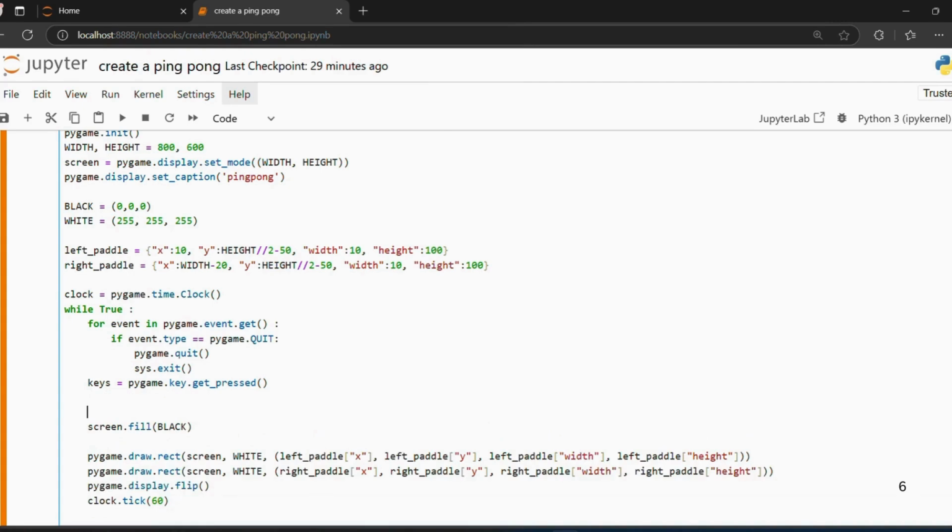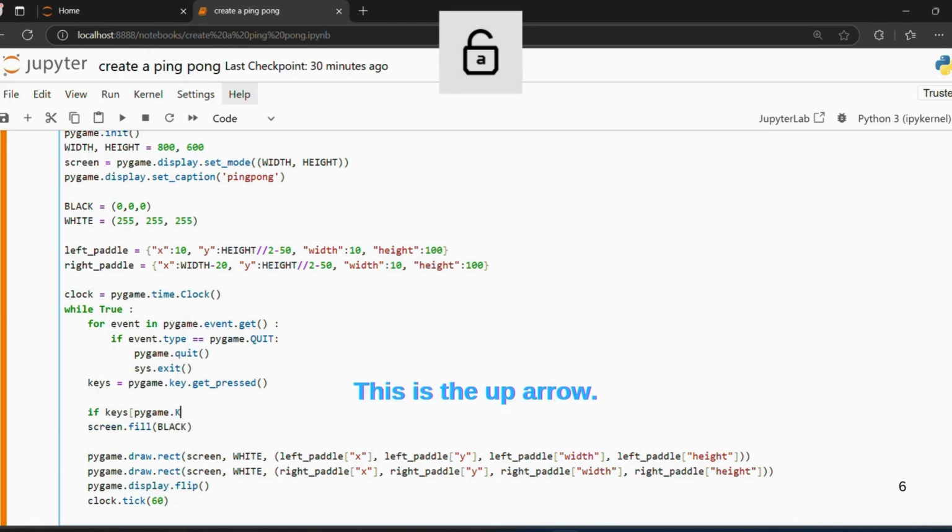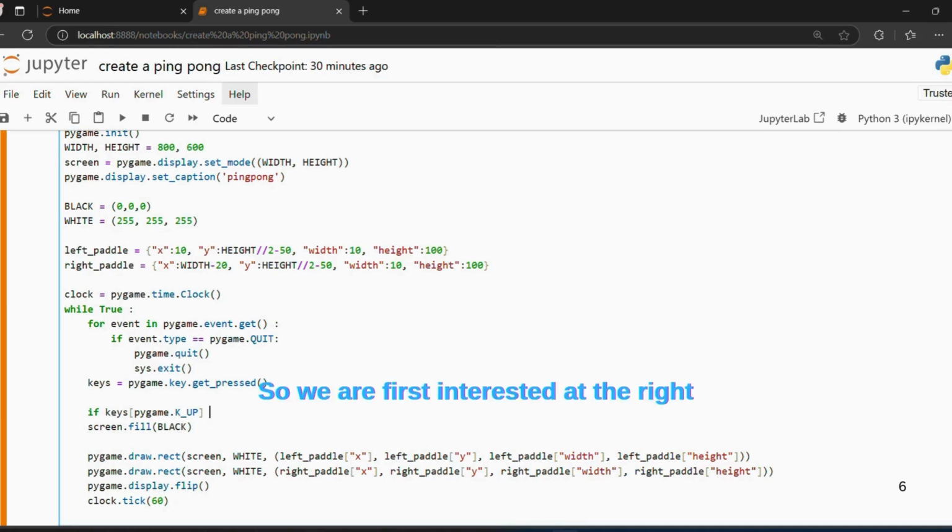And if the keys of pygame.K_UP, this is the up arrow. So we are first interested at the right paddle. If the key is pygame.K_UP and the right paddle hasn't yet left the screen, you can still move it, and